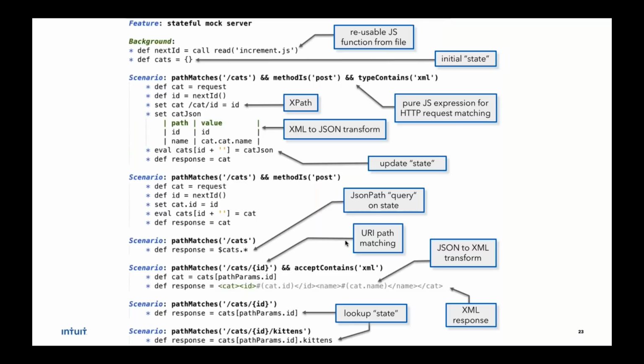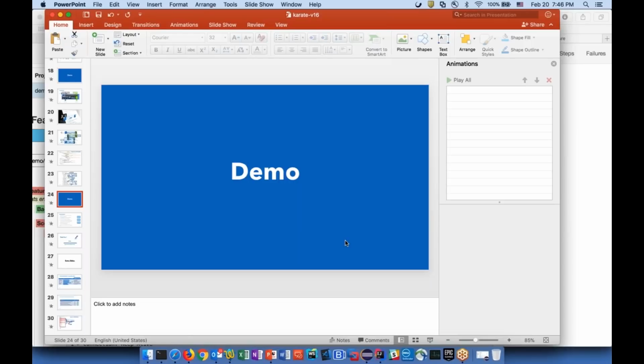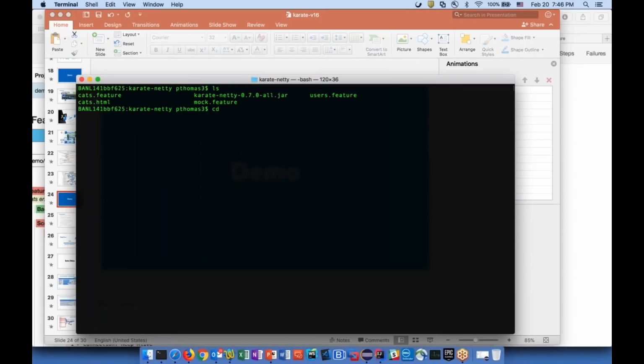And the last two arrows show you how this is a smart mock, right? It's actually a mock that's almost like the real thing in a sense, where if you do a post with a cat and you get an ID back, if you now ask for a cat with the same ID, you will get the cat that you expected, which is pretty cool.